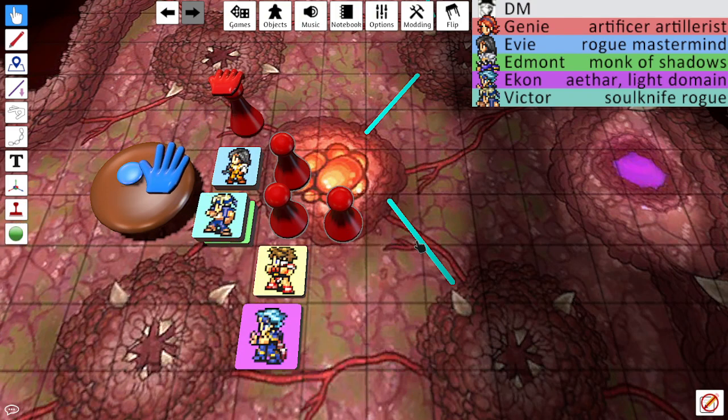Who's next? After creatures, we've got Genie with Edmont on deck. Is Genie still in the machine? Yeah, I am still in the machine. Okay. He has the right idea. Genie is going to...